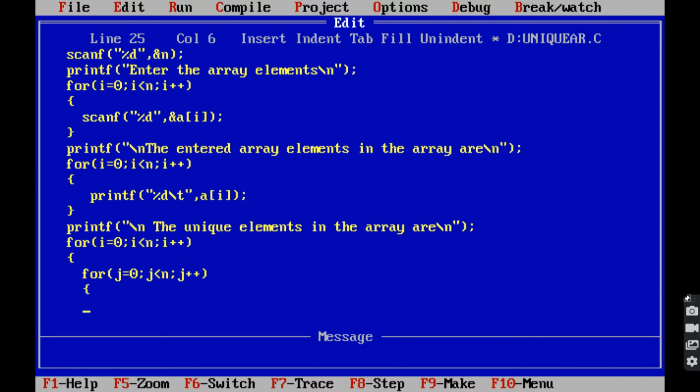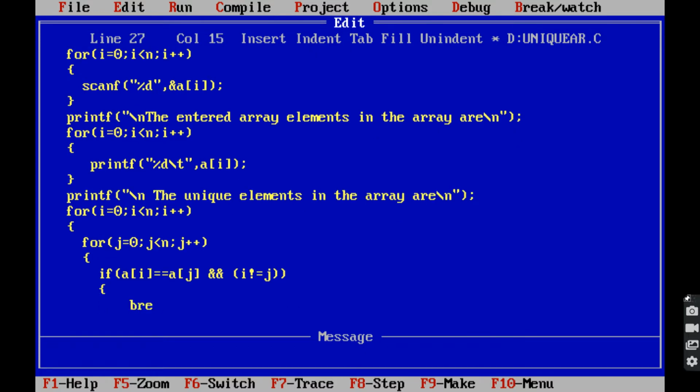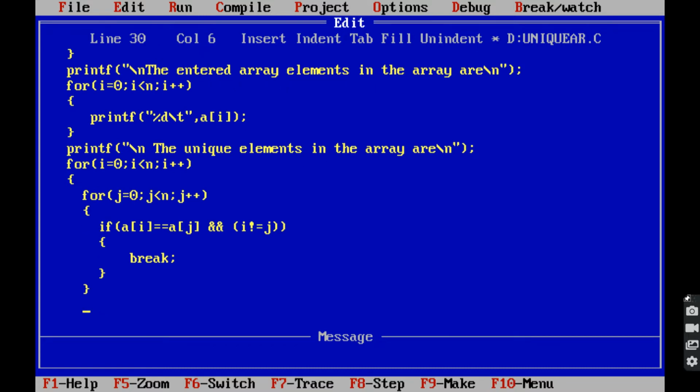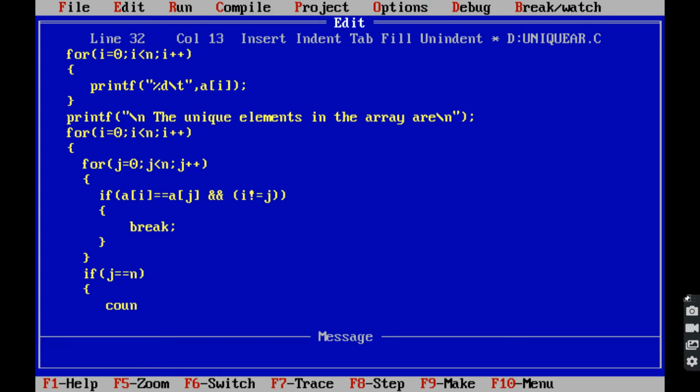If (a[i] == a[j] && i != j) then break. For the if block close and for loop close, if (j == n), count++,